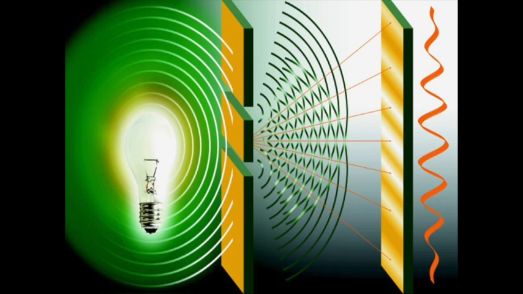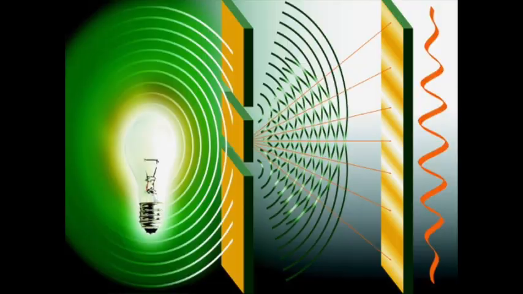The trough of one wave meets the peak of another wave, and the waves cancel out. At other points on the screen, the waves reinforce, where the peak of one wave meets the peak of another wave. So you get this interference pattern on the screen, which is characteristic of wave phenomena, not necessarily quantum mechanical. Any wave phenomena will demonstrate this kind of interference pattern. So interference patterns are for waves.